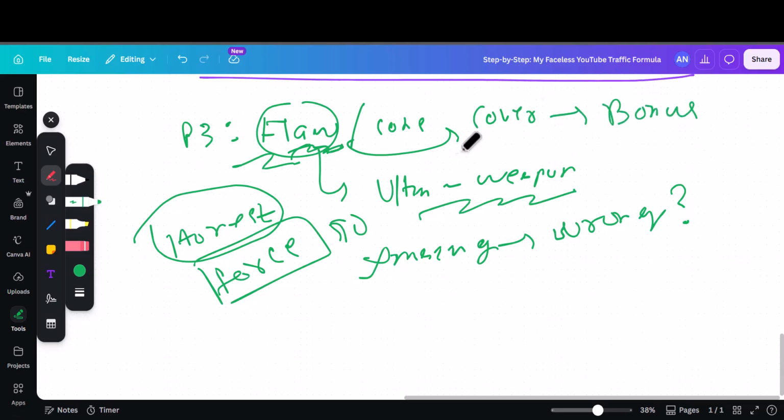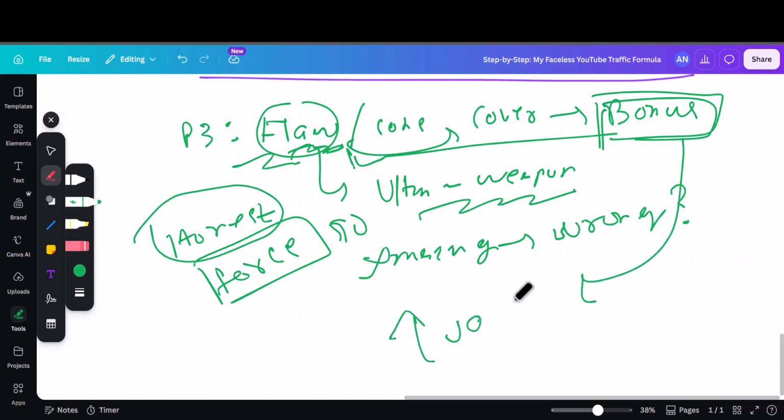So if you're promoting a software and it does not do a certain thing or it does it badly, you can easily show them how to do it properly. You can create a video, a PDF, or a checklist as a bonus that plugs that flaw, that covers that flaw, right? And automatically you become more valuable. And if you do this correctly, then it's as good as you have made the sale.